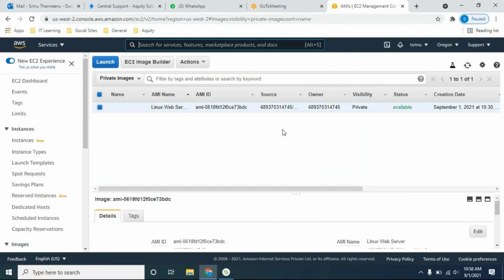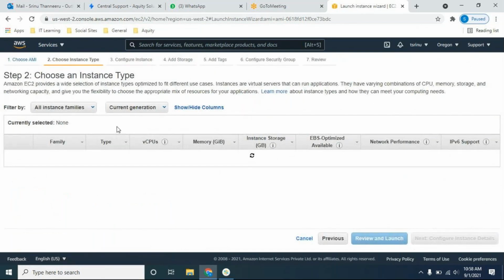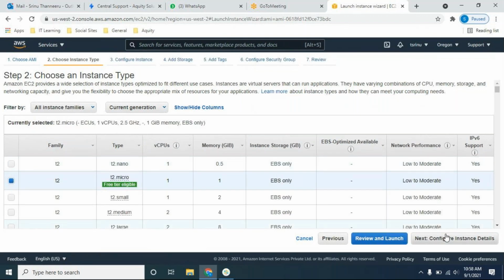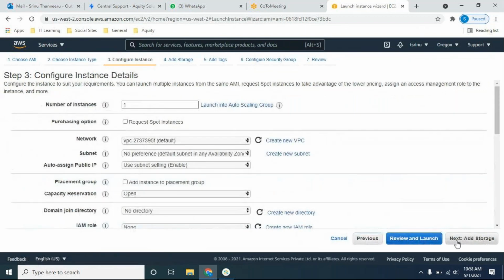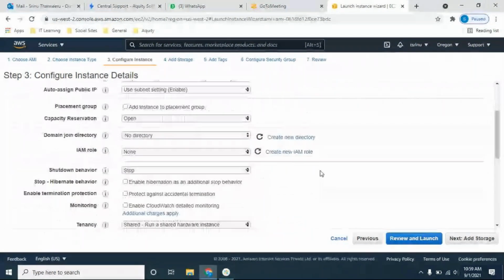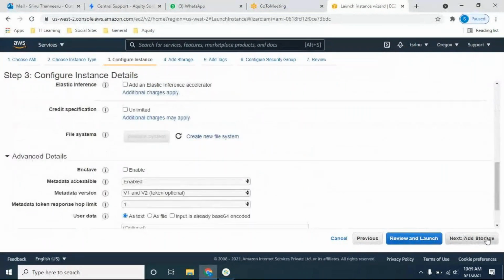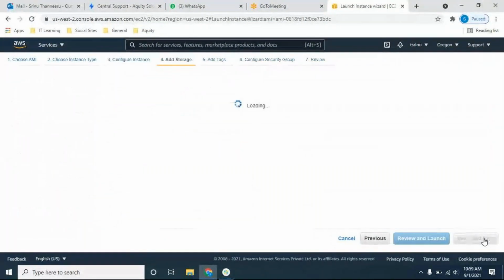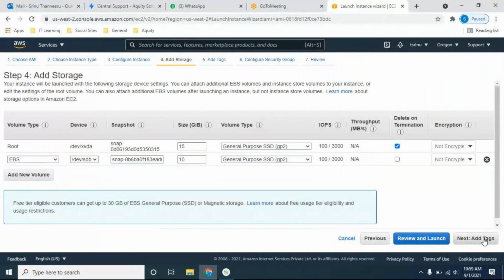Okay, so here you can find it. From here I can launch it, right? Correct. It's fine, no need to change as of now.